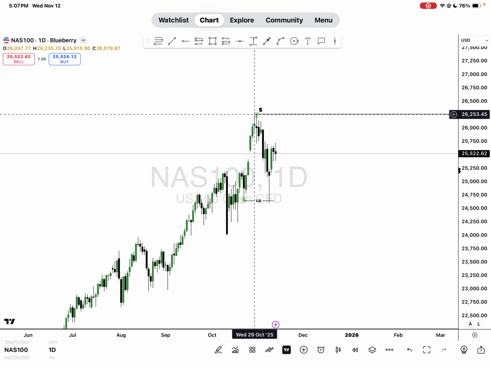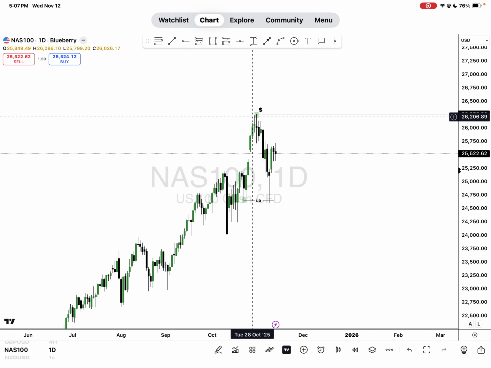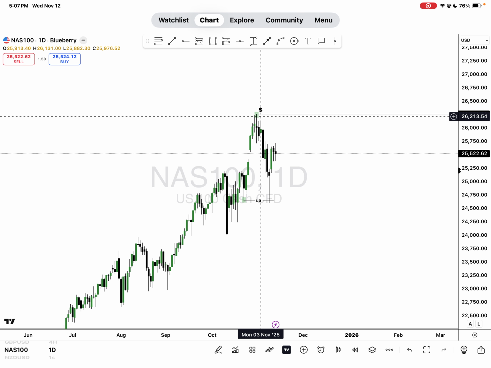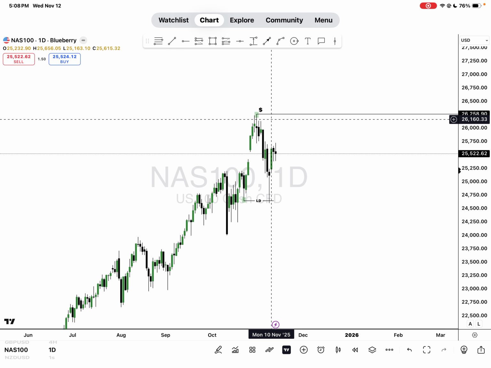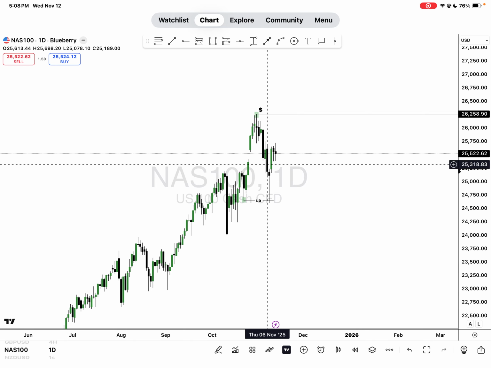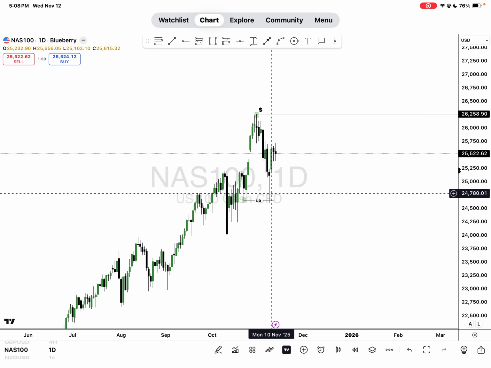But I will say this, there's always two actions that you have to be aware of when you are looking at a structural point or liquidity point, and that is a break of structure or a liquidity draw. If it's a liquidity draw, potential reversal. If it's a break of structure, continuation. Simple as that. So here we saw price broke the low, but it was in the form of a liquidity